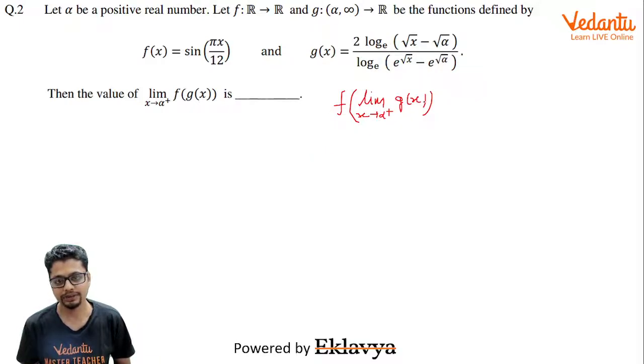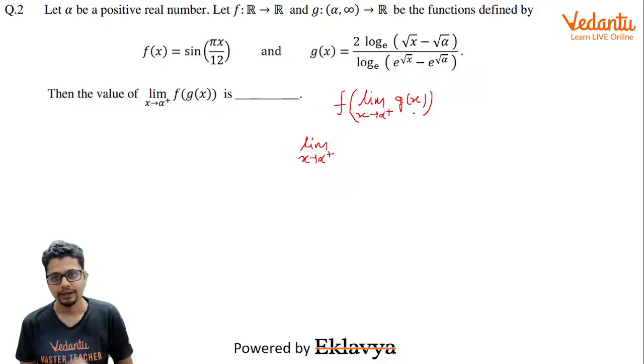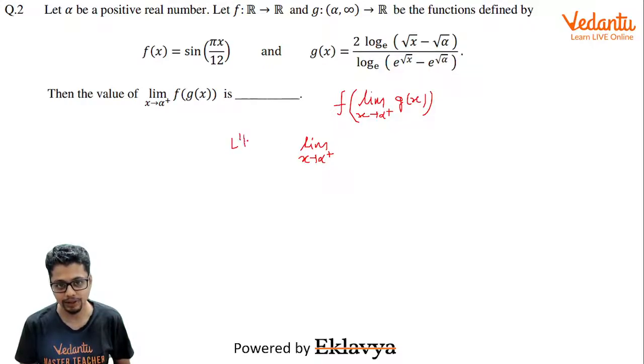If you consider the limit as x tends to alpha plus of g of x, if you see carefully, the input to the log terms in both numerator and denominator is tending to 0. So that means it is minus infinity by minus infinity form, and you can use L'Hopital. So having used L'Hopital, the numerator when you differentiate it becomes 2 by root x minus root alpha